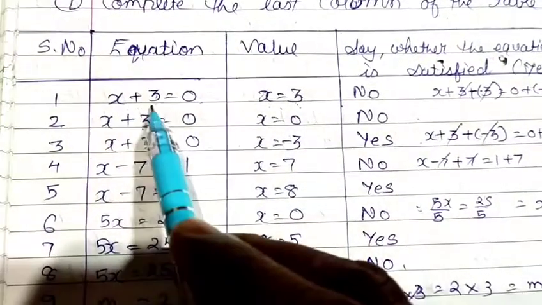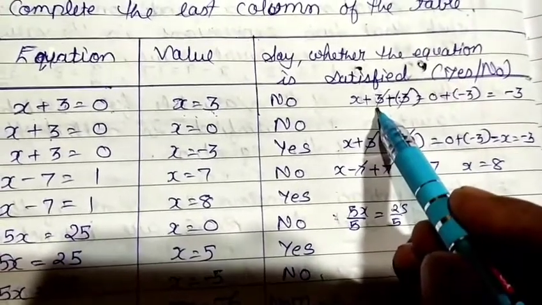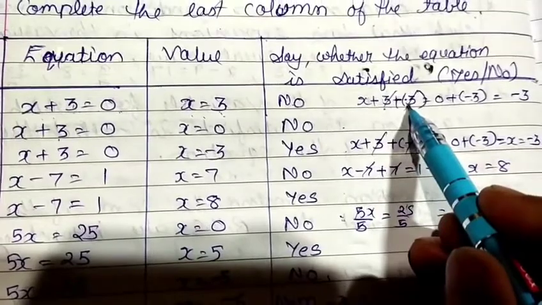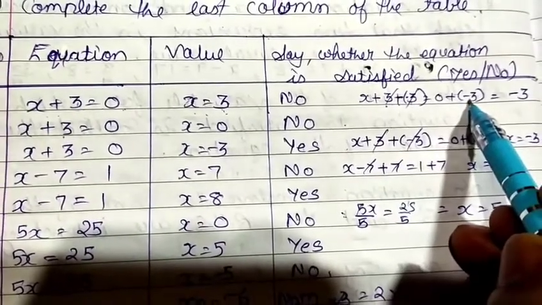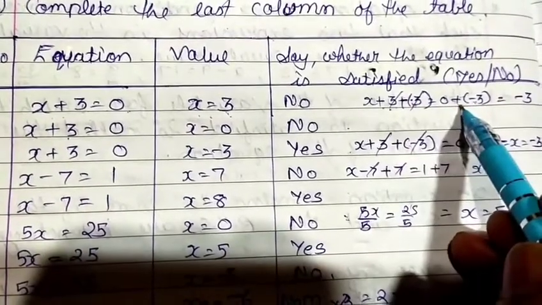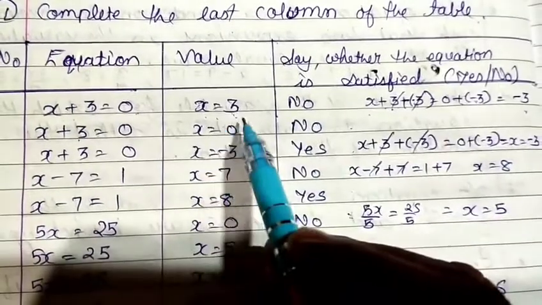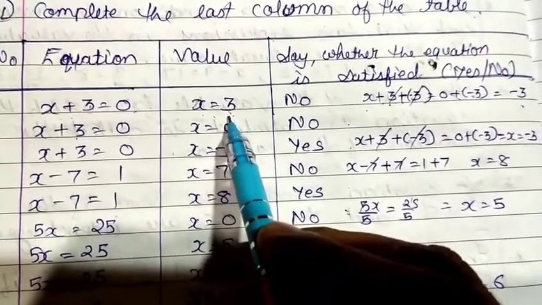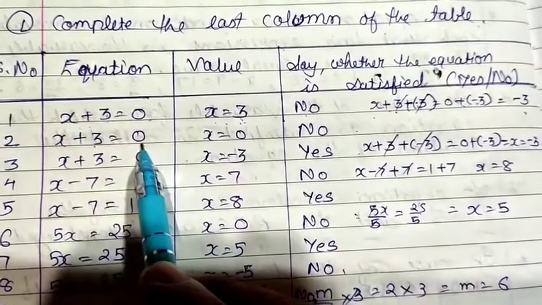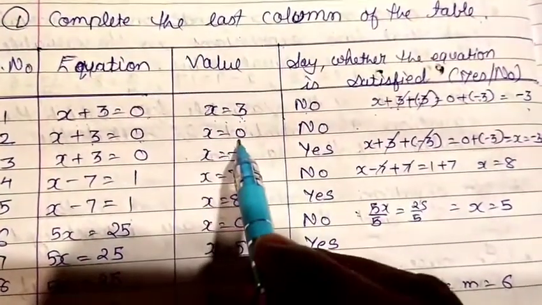Even if you do it with another method, if positive 3 is there, add negative 3 to both sides, that is negative 3 toward your left hand side and negative 3 toward your right hand side, so that positive 3 and negative 3 get cancelled, and negative 3 is left on the right. That means the value of x is negative 3. So you should get negative 3 over here, and here positive 3 is given. That means this value is incorrect. In the same way, the same question for the next one, serial number two, but here the value of x is given as 0.